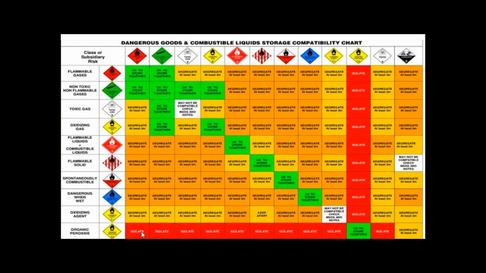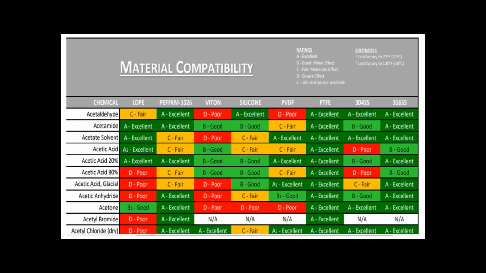So you are the expert from this point of view, and that is why the responsibility of the safety officer and the expert of that particular industry, who is known as a competent person from the chemical point of view, is to design this compatibility chart for your company. Then this is another example.